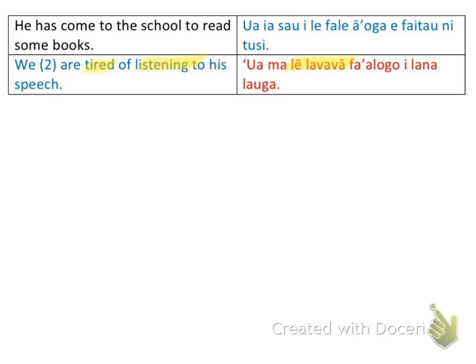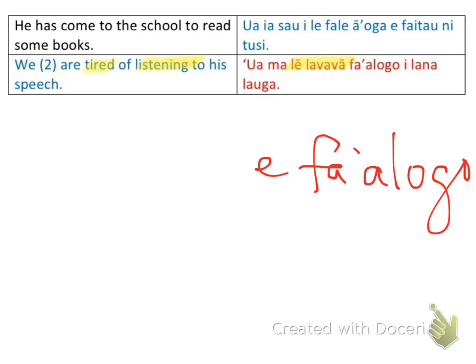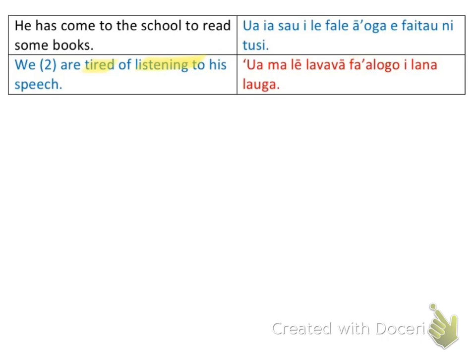So then normally I would have an A come right after this, and if you put an A after the fa'alongo, it's going to be totally fine. They're going to understand. Just know that you don't need to put the A right there. Okay, so that's all I'm saying. If you put the A there, it's fine. They're going to understand you just fine. And then to his, this is a different kind. This isn't an infinitive. This is kind of acting as a preposition. Ilana launga. Okay? So that is the first part of the video, and then the imperatives are going to be the second.